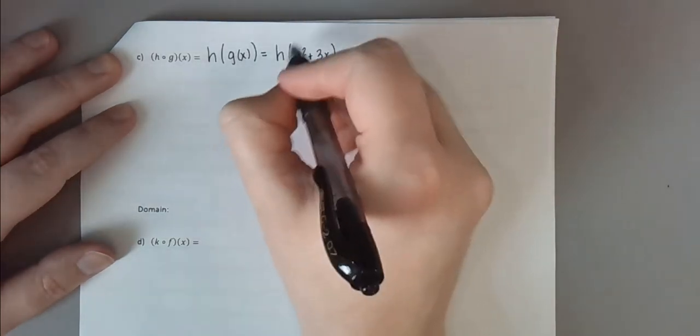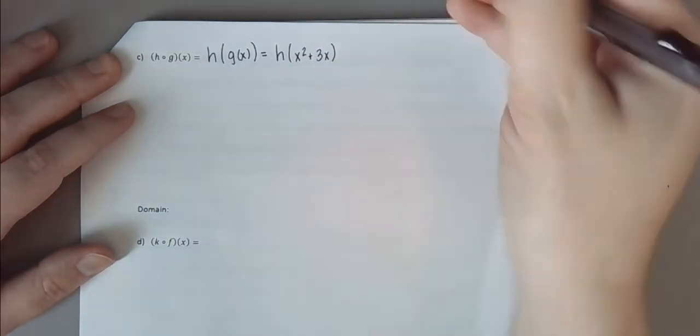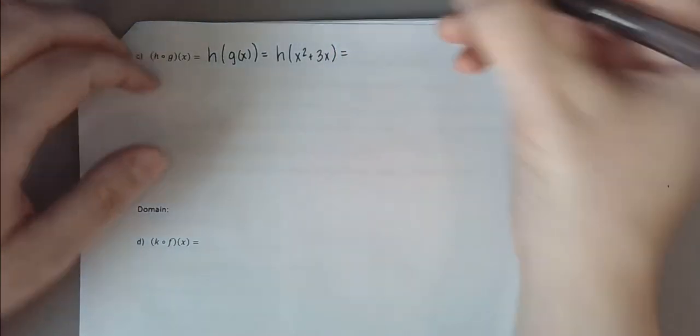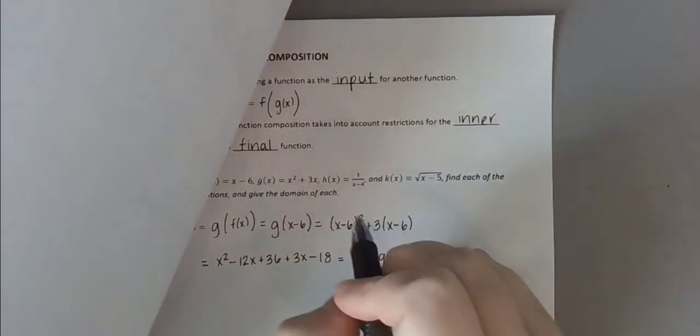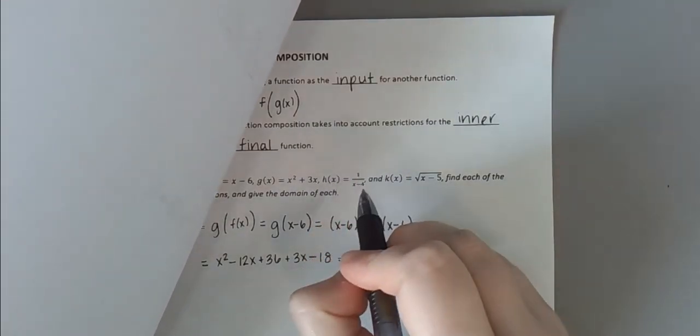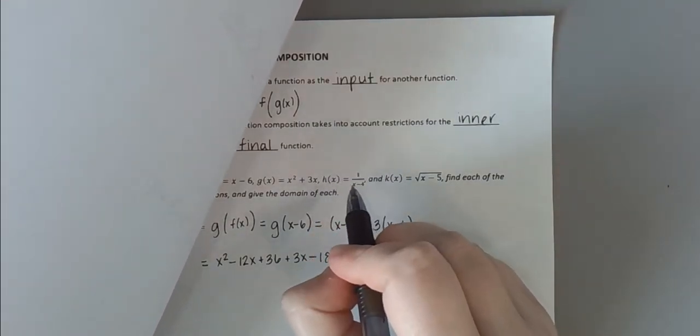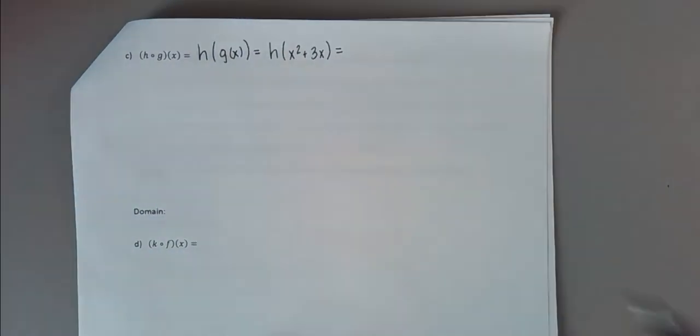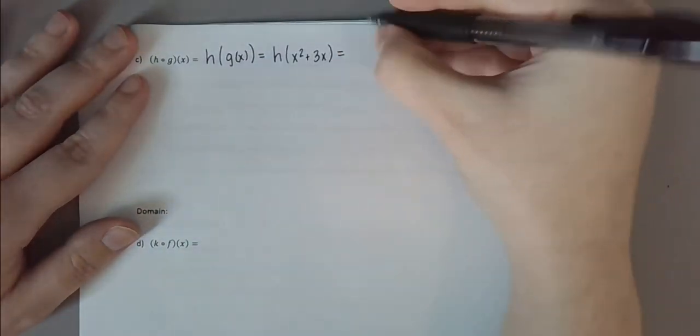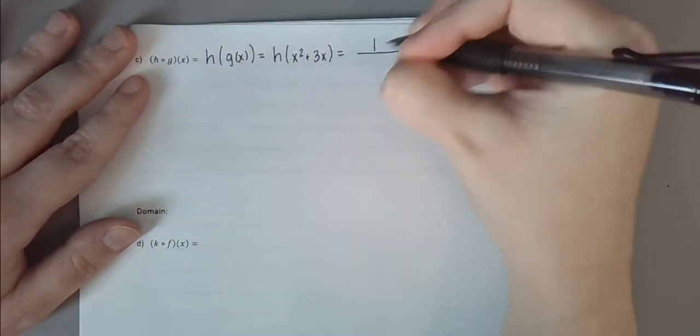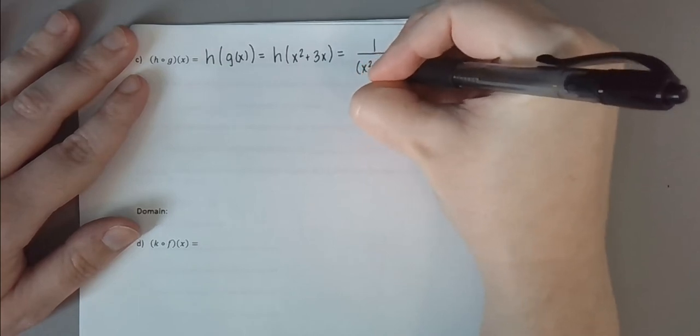No issues with domain here. This is polynomial. Domain is all real numbers. So we're now subbing that into our function h. H was our rational function, so 1 divided by our input minus 4. So this is going to be the input that replaces our x. So 1 divided by our input